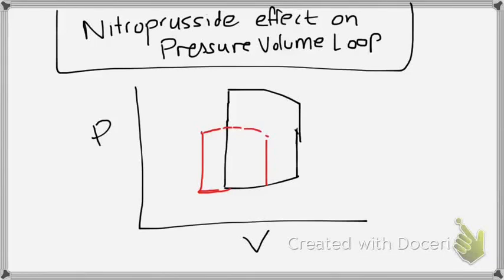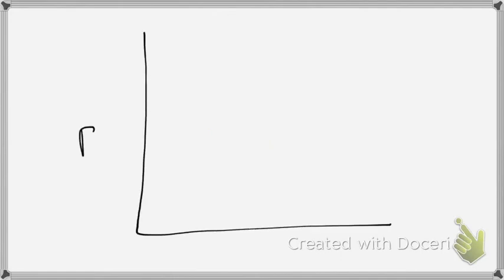Okay, so in this video we're going to discuss the effect of nitroprusside on the pressure volume loop. So first, to start, we need to understand how a pressure volume loop works and what the normal pressure volume loop labelings are. So we'll come to another slide. What we'll do is we'll draw a pressure volume loop, P and V,